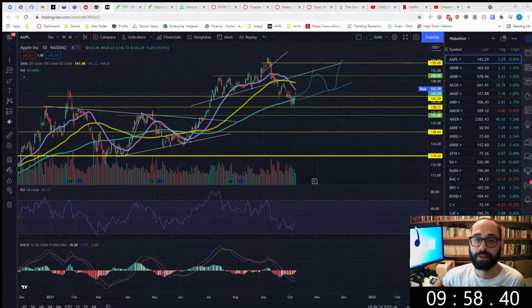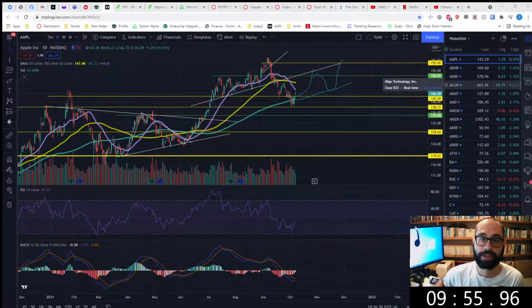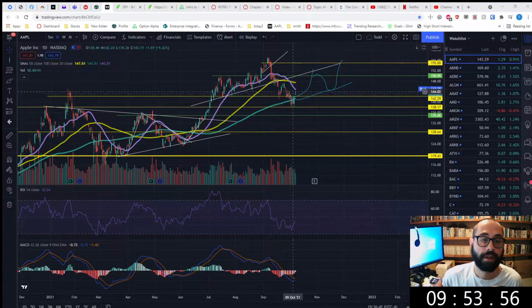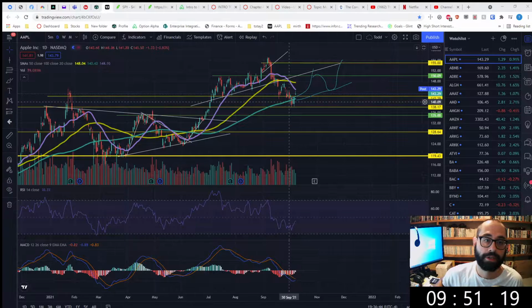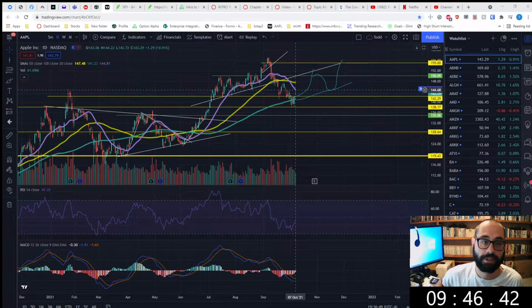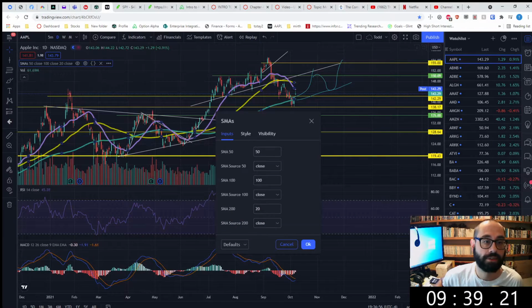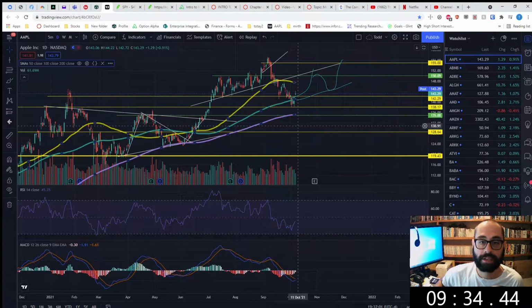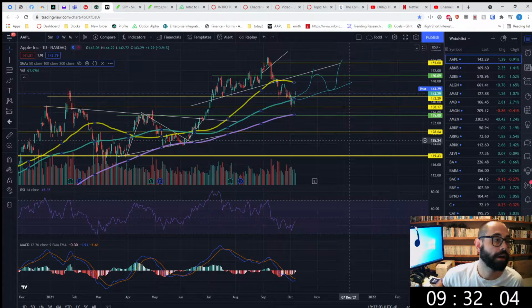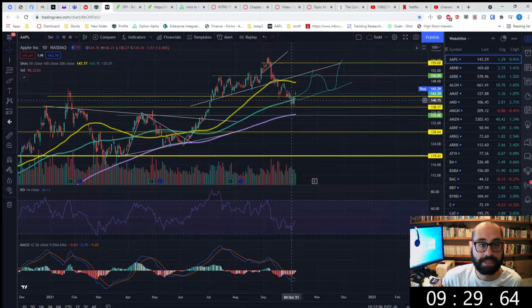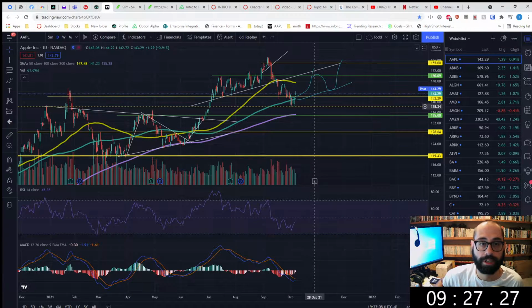First of all, I'm going to start with my regular watch list, sorted alphabetically. First of all, we have Apple down here on the 100-day. Pretty sure the 100-day will keep on moving up like this. The 20-day is initially acting as a resistance, so we probably come back down here, confirm the 100-day before we move on up. We can change this to the 200-day instead of the 20-day. We can see that's way down here at 135. I don't think we come down that low. I think this 140, 138 is enough of support.